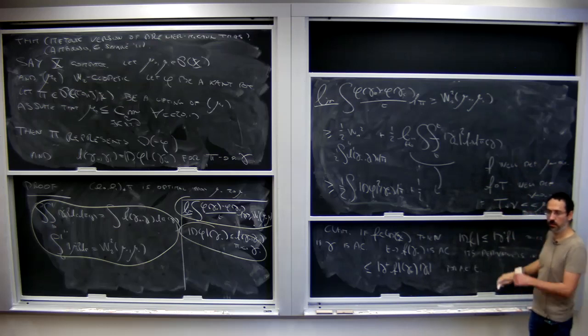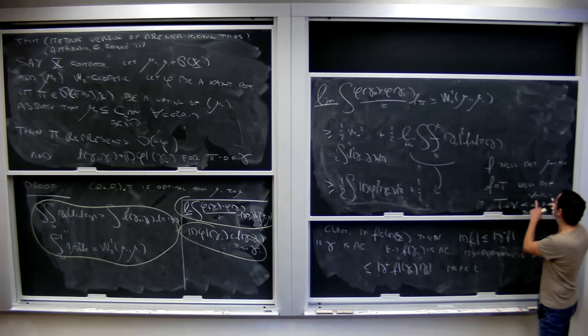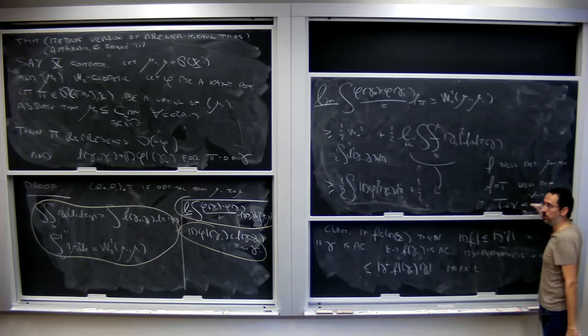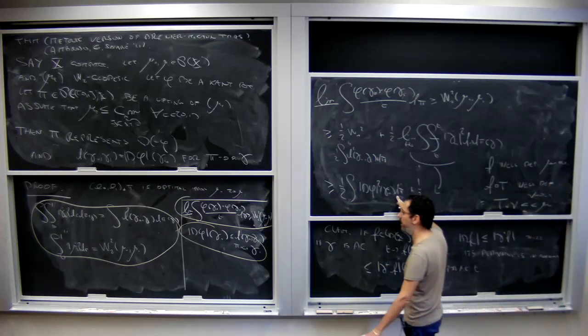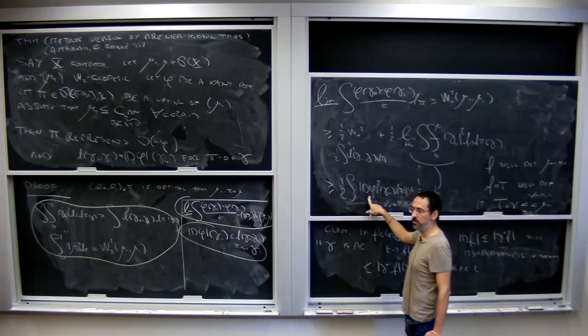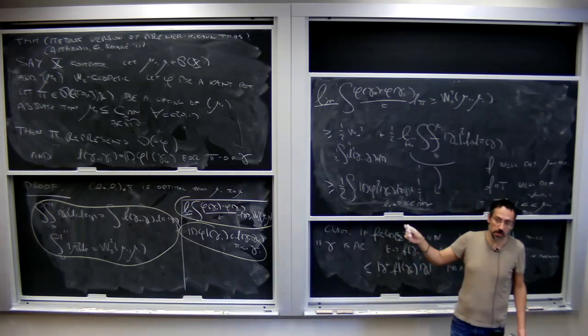Because if I have a set of positive nu measure that is sent into a negligible set of mu, then I have a problem defining this. So, in order to write this, thanks Vitali, I should have been more explicit: I must be sure that e0 push forward of pi is absolutely continuous with respect to m, which is where this function is defined. And of course it is, because pi is a lifting of our family of measures, and in particular,